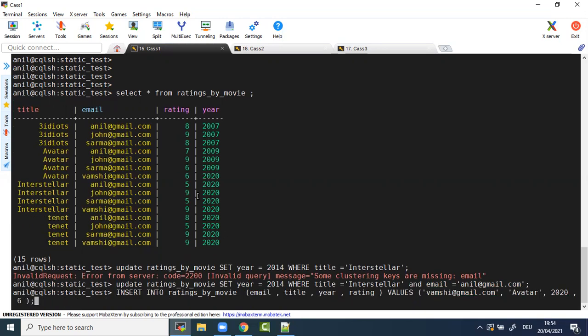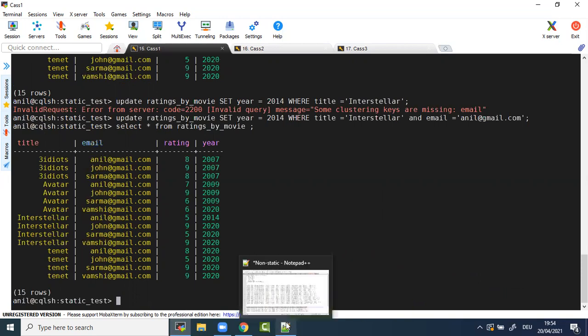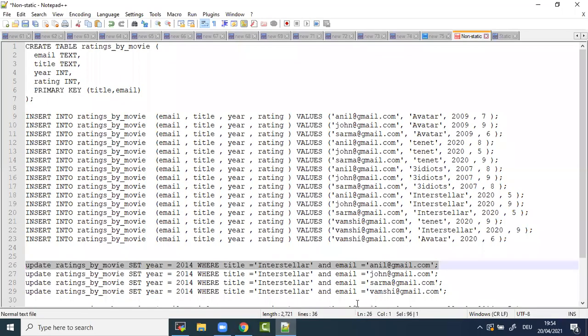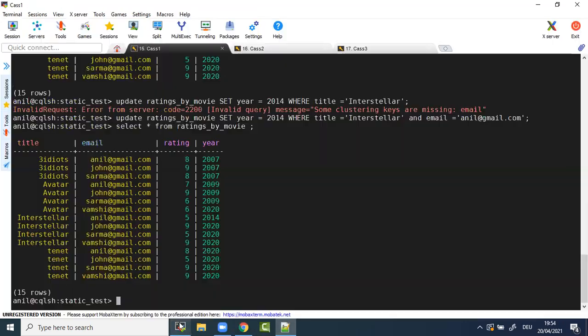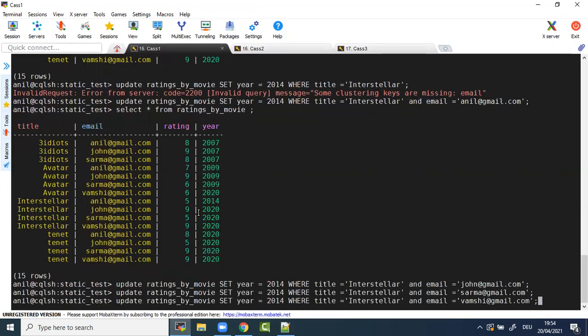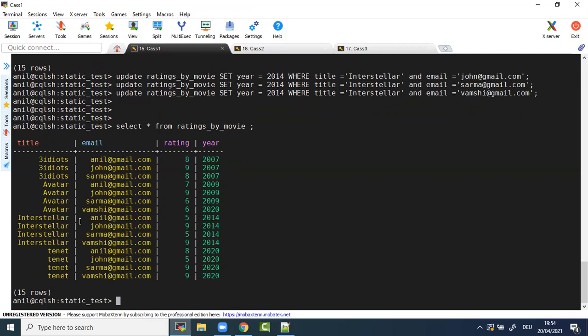Meaning, if you say select, that record got changed only for this particular row, isn't it? So you have to pass three more update queries to make the change. Now let's say select. Now you see the Interstellar movie got updated.